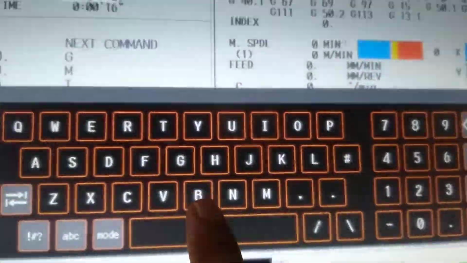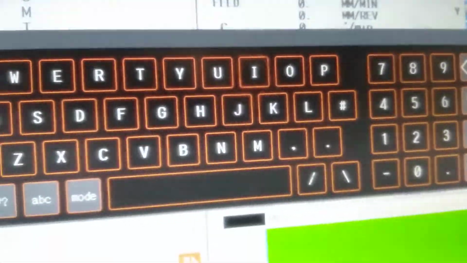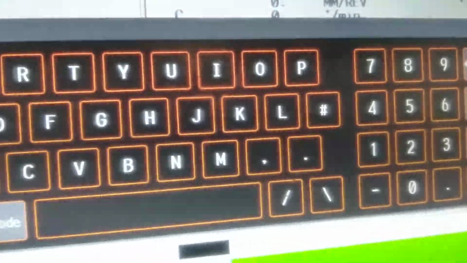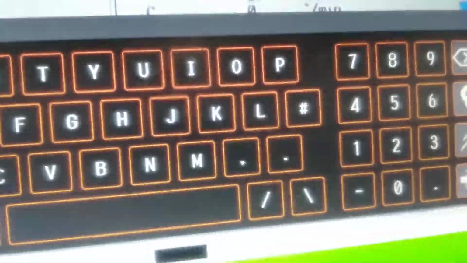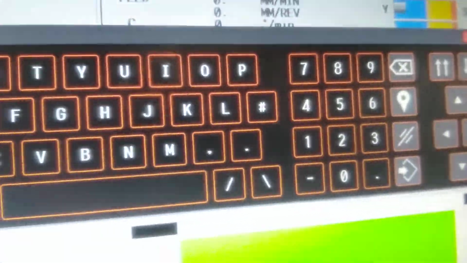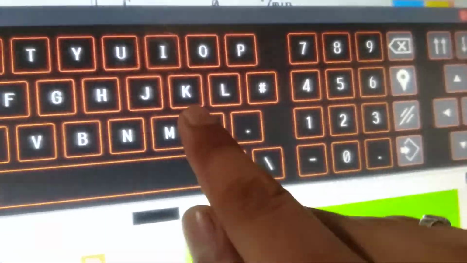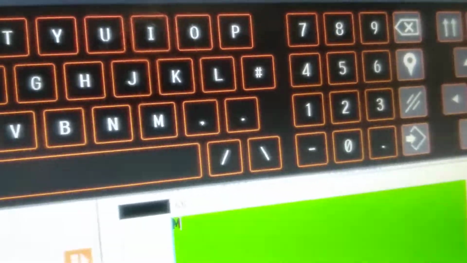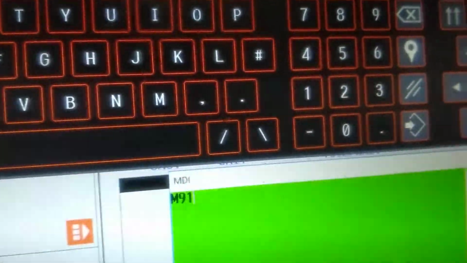The keyboard comes, and then we will put the MDI code for changing the pallet. For changing the pallet, the MDI code is M91.